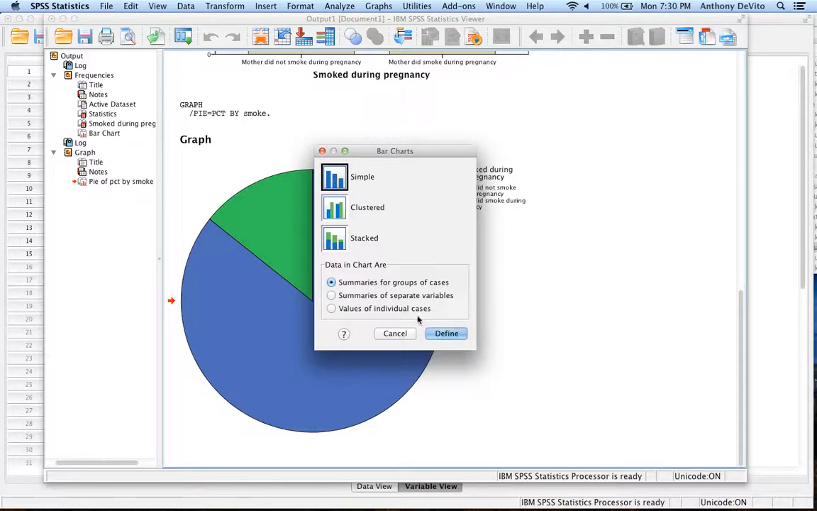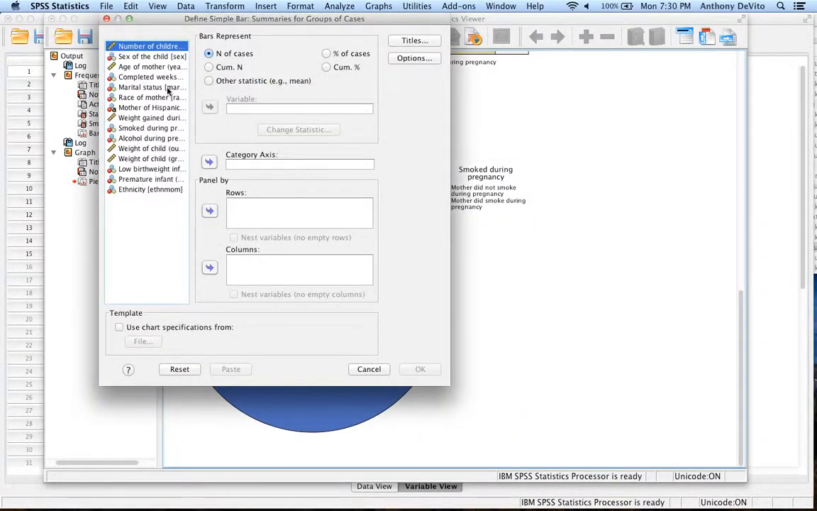And in this case, a simple bar chart. The variable I'm going to use this time is maybe marital status. We click that in, move it into the category axis. As soon as it has the minimum, this time I'm using number of cases. As soon as it has the minimum amount of information it needs to go ahead and do something,